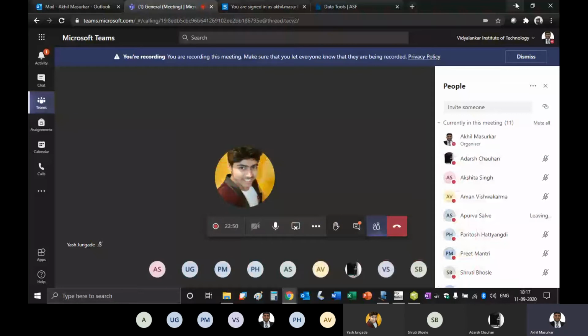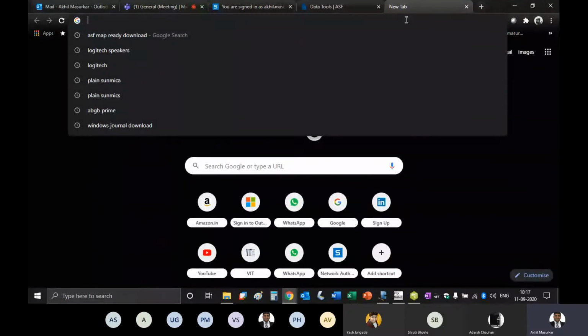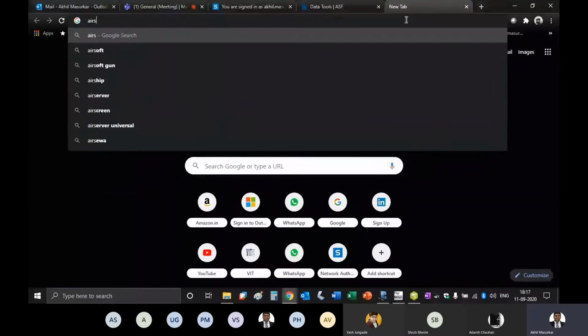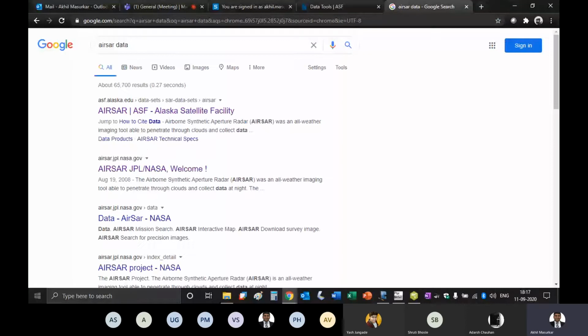So now, firstly, what we have to do is download the AirSAR database. I'm starting with where to download it. You can also go to your screens and type here AirSAR data, and you can see a few links.